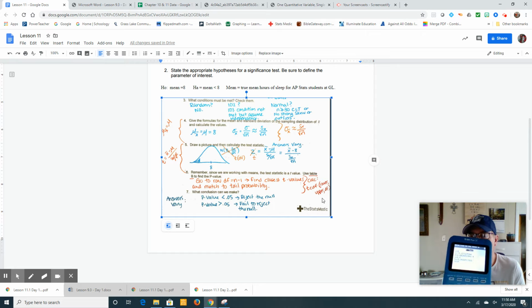So when we calculate that, here's the numbers that we get. t is negative 5.237, and our p-value is 2.68 times 10 to the negative 4th, which is really small. It's approximately 0. So our conclusion then: our p-value is approximately 0, so you should put on your paper then